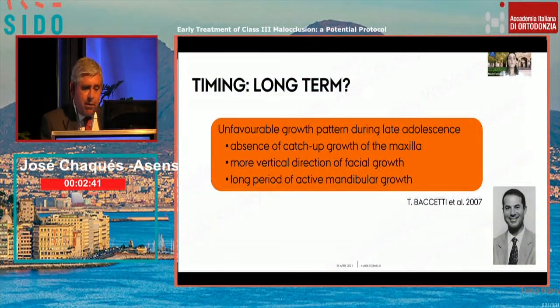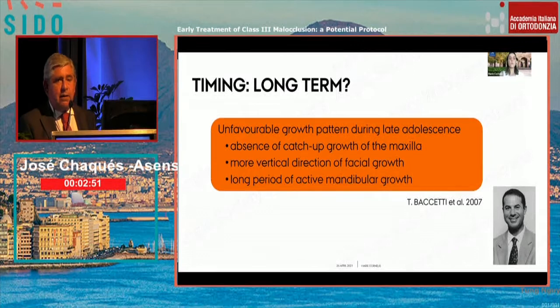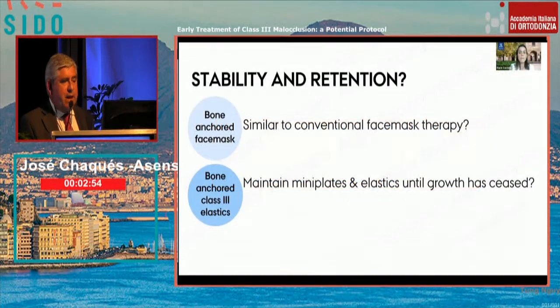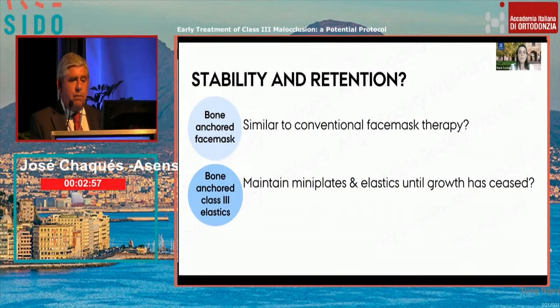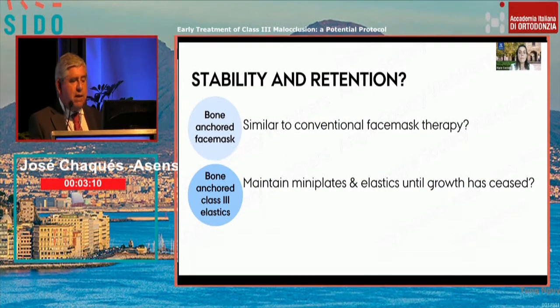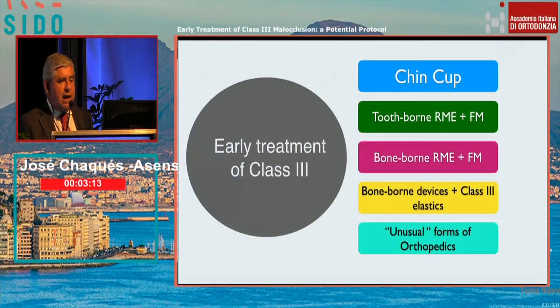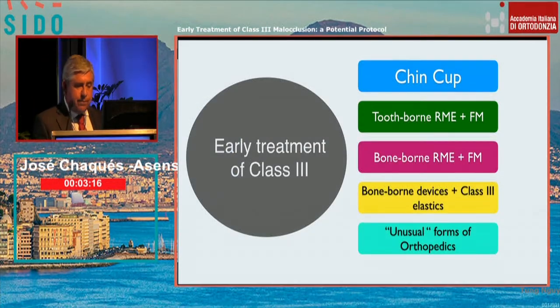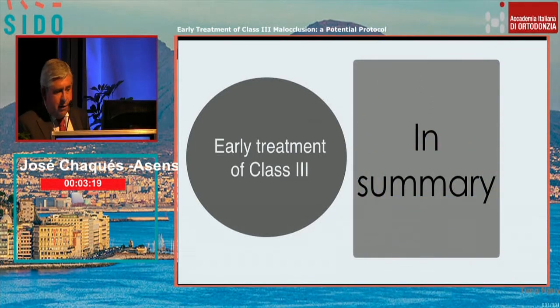And thinking about long-term, and Lorenzo is here, Tiziano is here. Vertical is a major issue, and growth in the long term is a major issue. So stability and retention, Marie says, I do not add anything. She says, bone anchor face mask, similar to conventional face mask therapy. All class 3 elastics, maintain mini plates and elastic until growth has ceased. Is that a sound strategy? Then in summary,